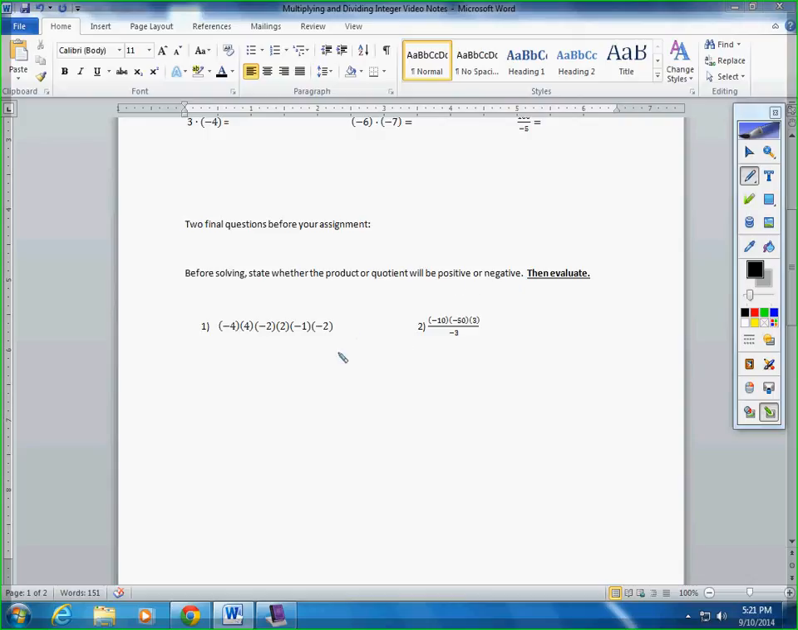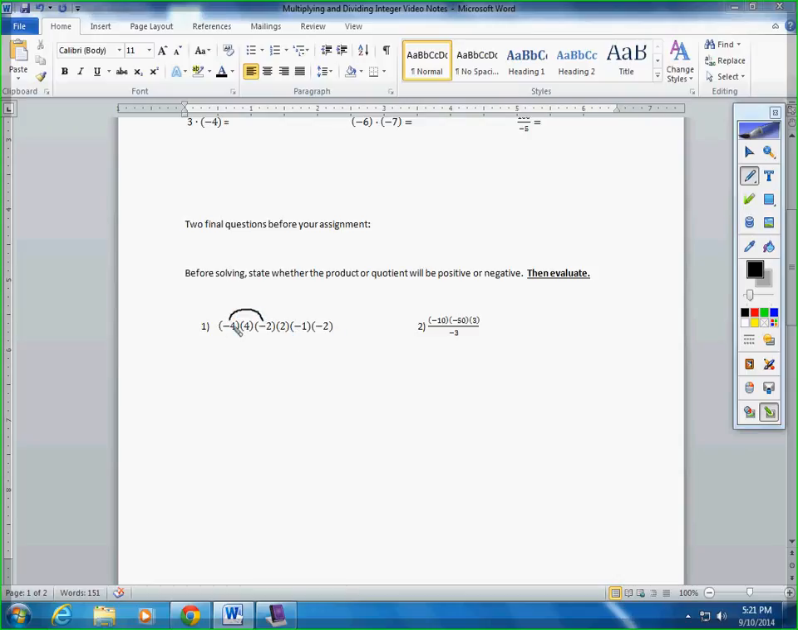So before you even solve it, you should be able to tell me whether the result from this right here is going to be positive or negative. How do we figure that out? Some of you might be asking. Well, the way I like to look at it is you take all these numbers and you figure out how